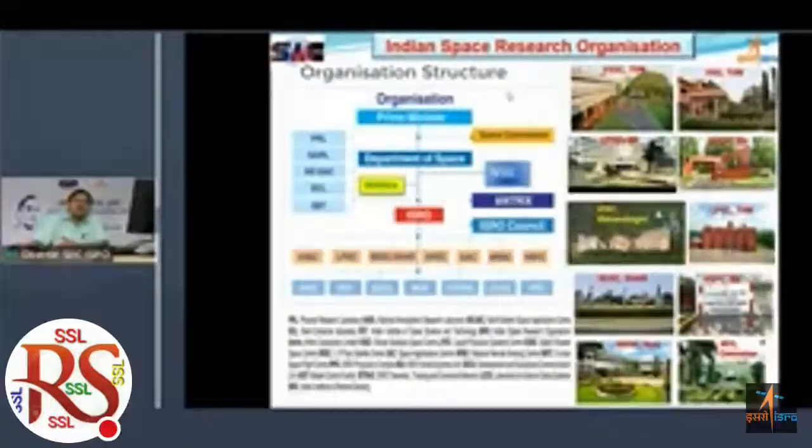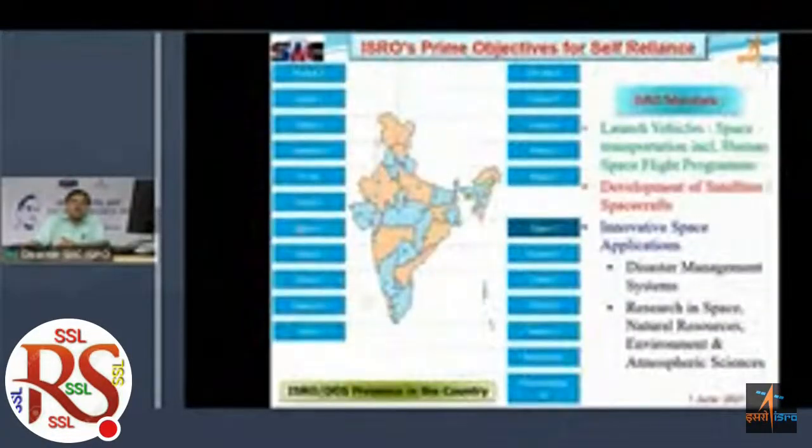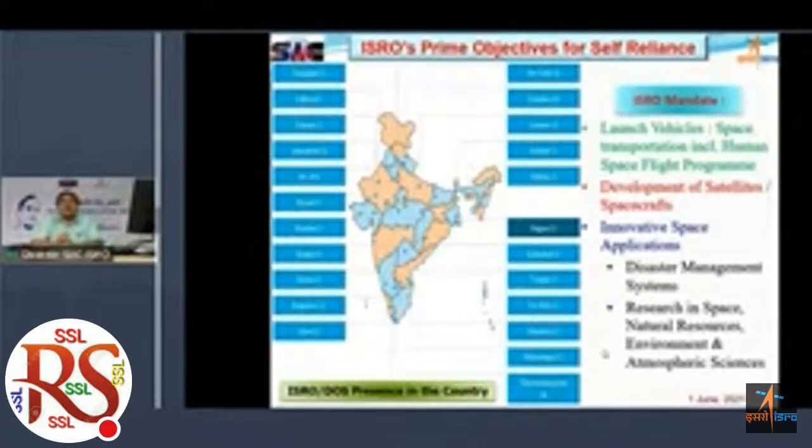and its activities. So this is ISRO, and as you can see here, ISRO is almost spread all across the country. Wherever you are located, you will have something or the other nearby at your place. So you need not come all the way to Bangalore or Trivandrum or Ahmedabad for seeing the activities of ISRO. You can as well watch it at a nearby place from your hometown, your place where you are working, and